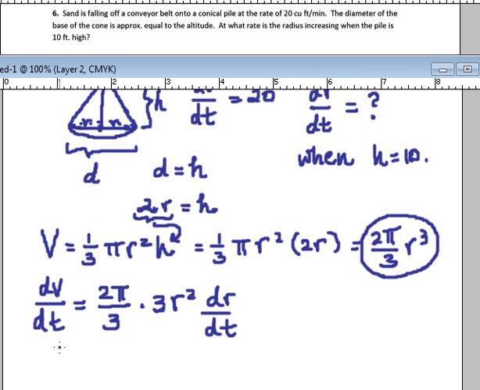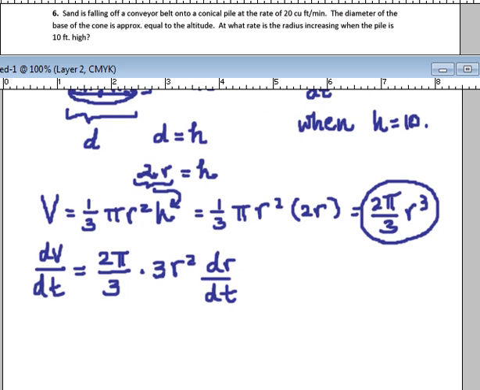Now dv dt is always equal to 20, that we have from the problem. You see right here, 20. So let's substitute in the 20 there. We want to figure out what dr dt is when h is equal to 10, so we want to use that information. We can't directly substitute in h equal 10 because we have an r on the right hand side and not h. So let's observe that since we have 2r is equal to h,